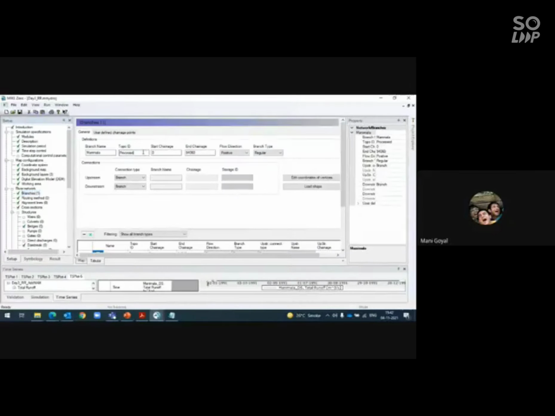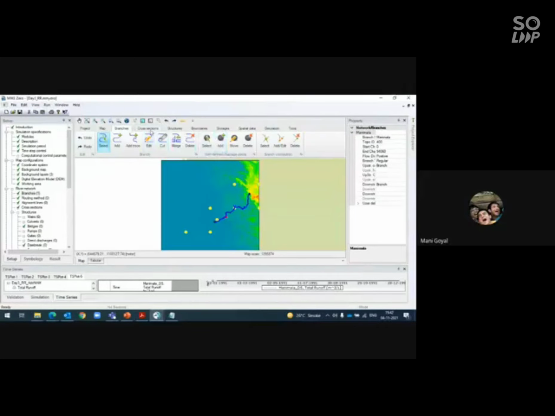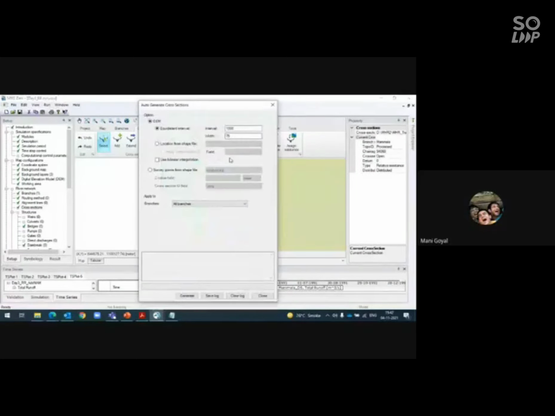I have written processed. If I say any other name, say at the interval of, at river width at 400, and again I will go to my map and cross sections and say generate. I'll generate at 400. Table of reaches, import all, say generate again. 96 cross sections generated.